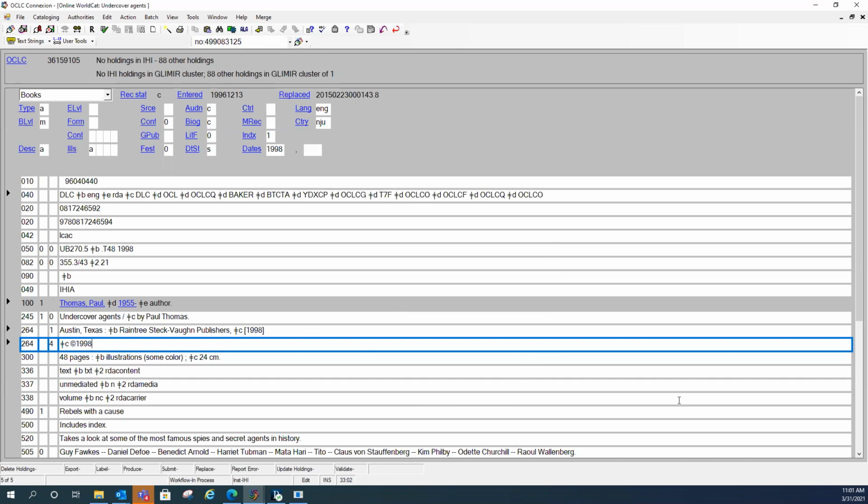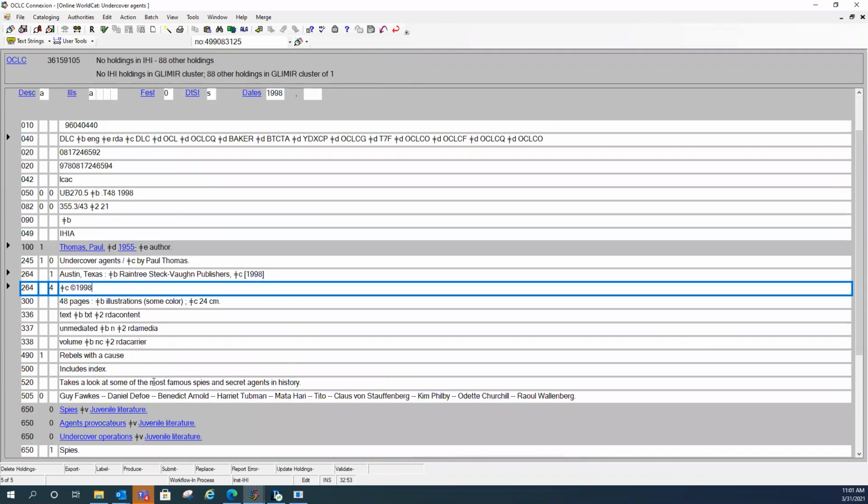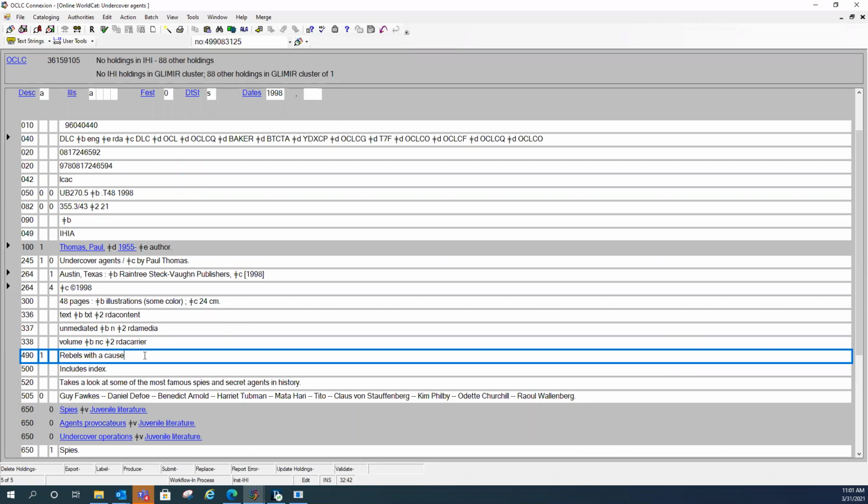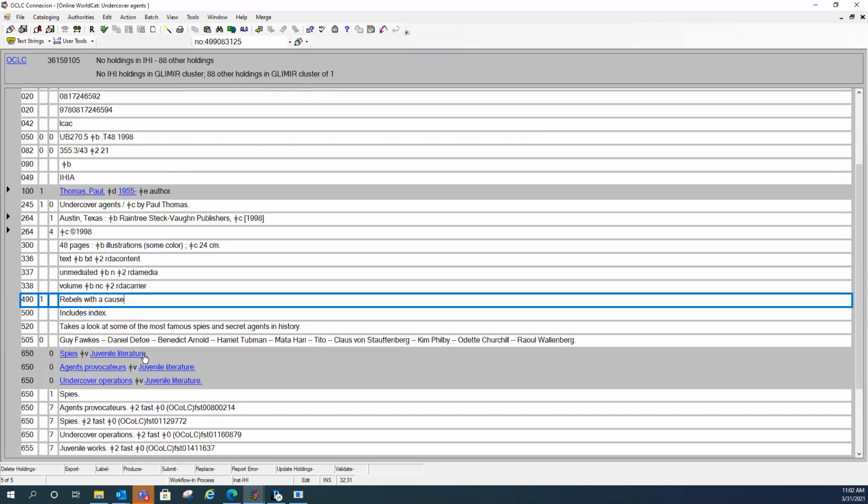Okay, so we're good down through our publication. Let's see what else we need to do. Our 300 looks fine. We have a period at the end of our 300 in this record that we didn't have in the first record that we looked at. It's because we have a series statement down here in a 490. But everything is spelled out, so that looks good. We've got our 3xx fields. We've got our series. We've got the 500 note that says our book includes an index, which it does. It does not have a bibliography. It only has an index. So that's okay to leave in the